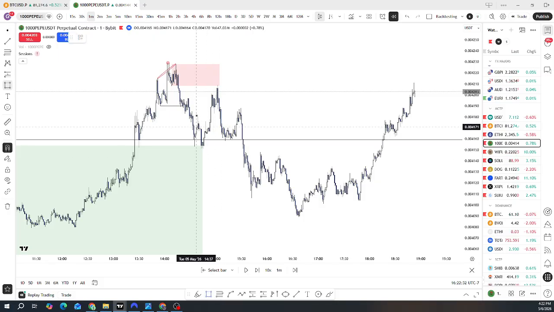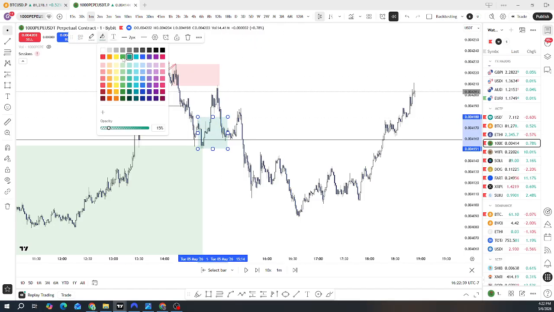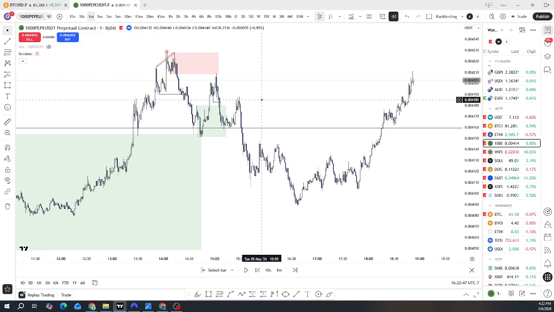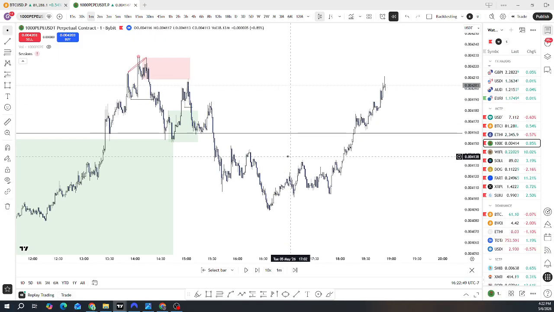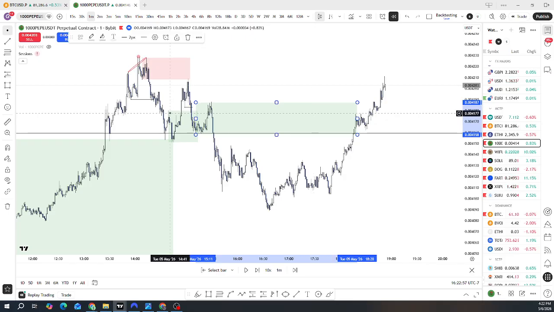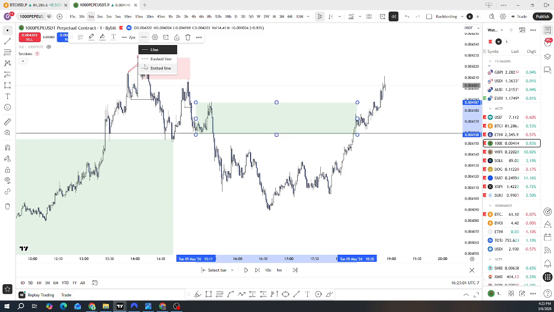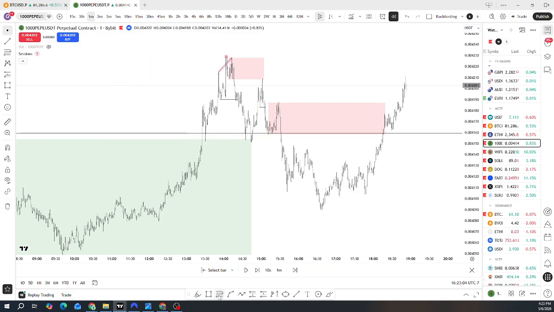because on that move up, we again created this demand here. After breaking that low, had that created demand there. And then from there, we aggressively pushed down, creating some supply right here. So we had a combination of level 1 and level 2 breaks and a demand to supply flip right here,